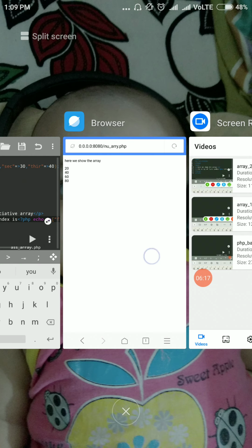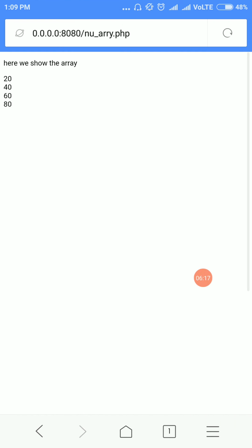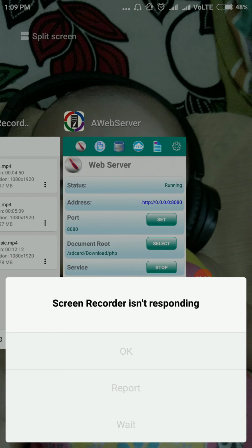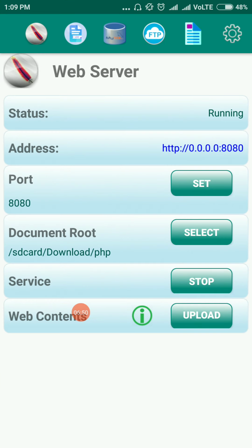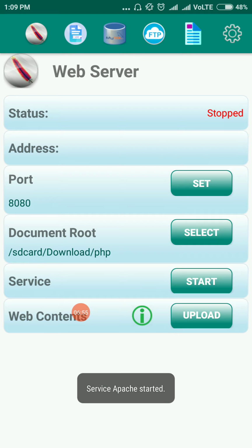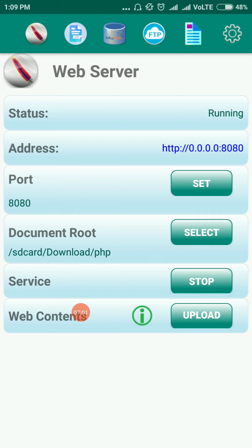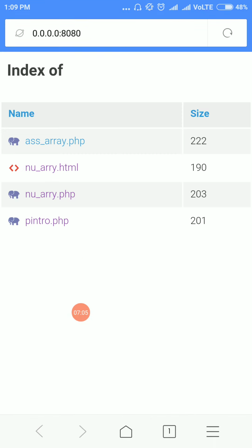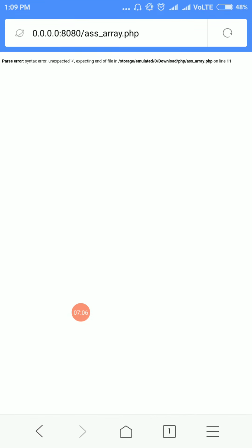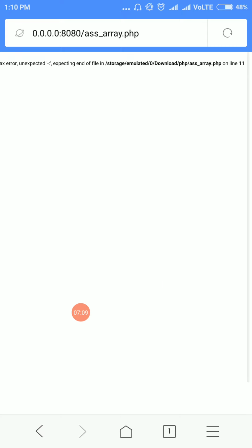What happened, my mobile is hanging right now. Okay, wait. So we stop this one first of all, and again we start. Okay, we click there and check this one. Okay, associate array, click on there. So it gave an error.